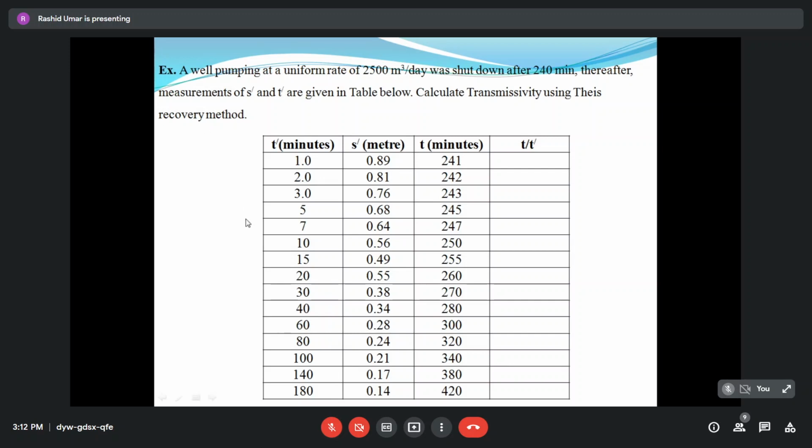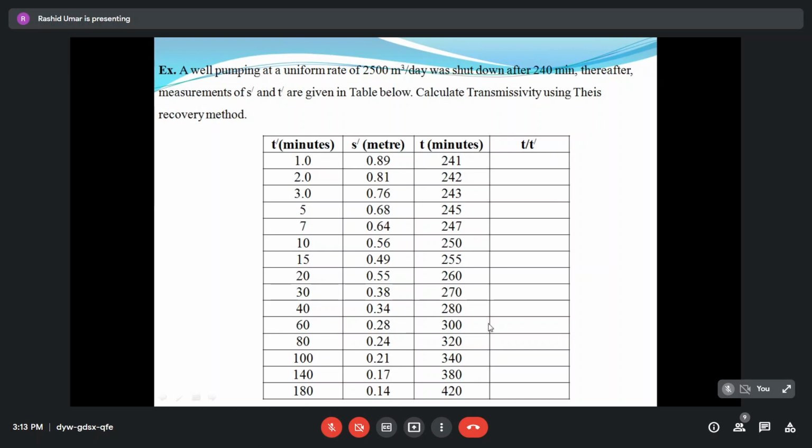Initially, the well recovers almost 95%. If it is a good aquifer, 95% of the recovery takes place in an hour or two. Very fast recovery takes place. And then you see that the interval of the recovery measurements is increased from 2 minutes to 5 minutes, then 10 minutes, 20 minutes, 30 minutes, then 60, then 40 minutes, and then it is taken up to 180